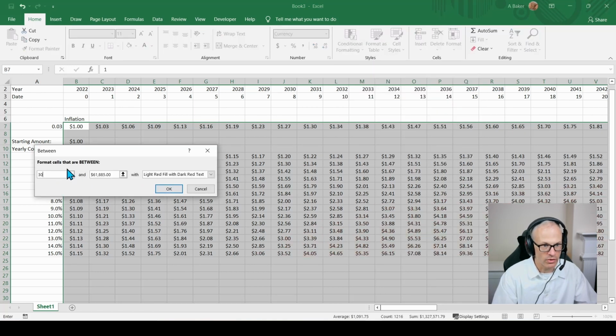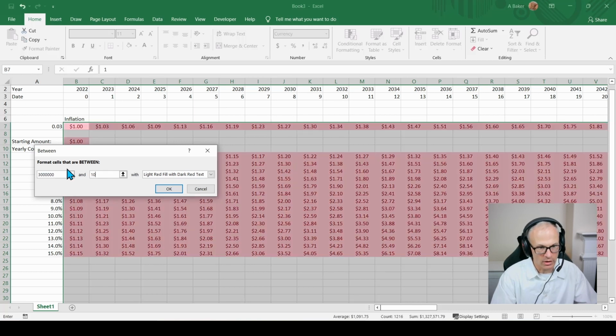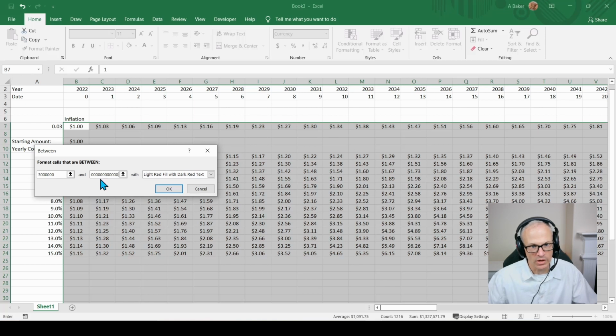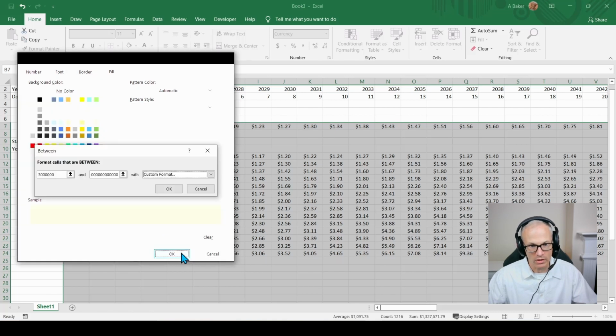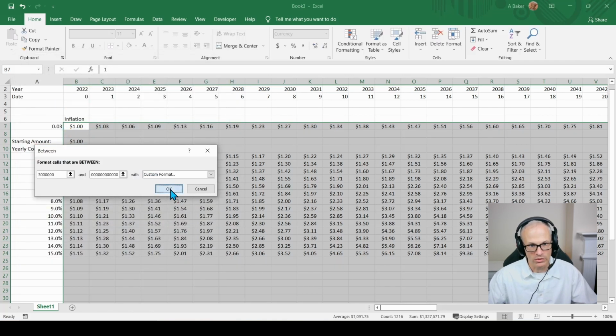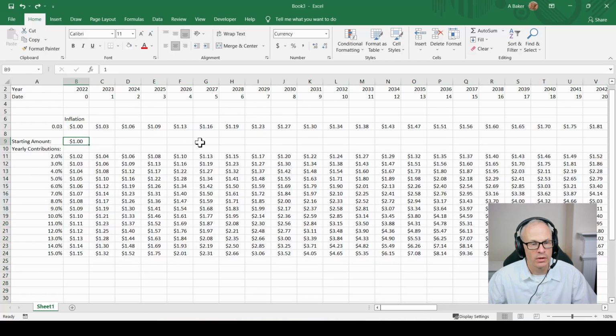Let's make it 3 million. And you can now make it up to whatever you want. So just put a bunch of zeros after it. Okay, and the Custom Format, we'll go for the third iteration. You can make multiple of these, by the way, so if you want to keep getting bigger and bigger with the numbers, you can do that. Press OK. Now what we're going to do is expand these columns out a little bit more so they're all